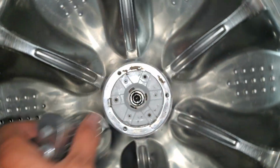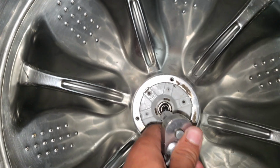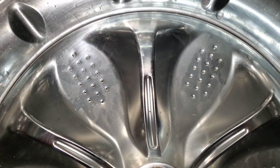If this was loose in the beginning and this was shaking up and down, that could have possibly let something go under it and get stuck. But yeah, just tighten it good, and